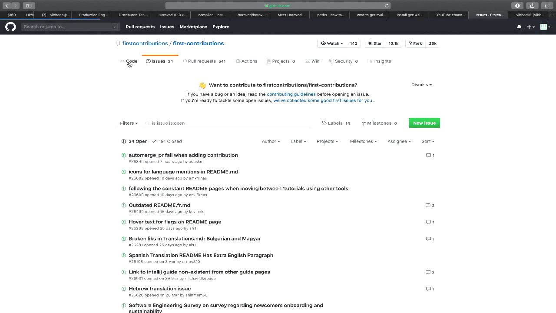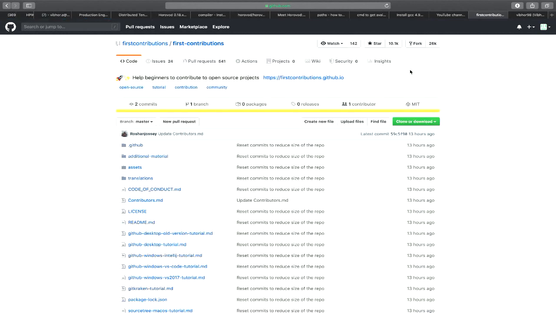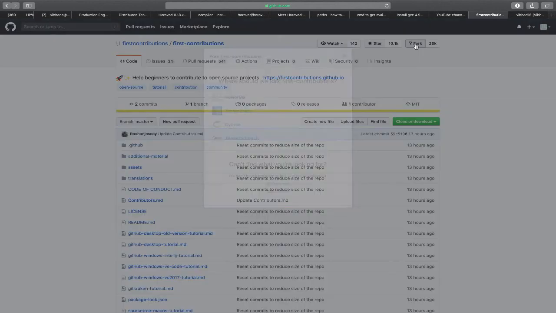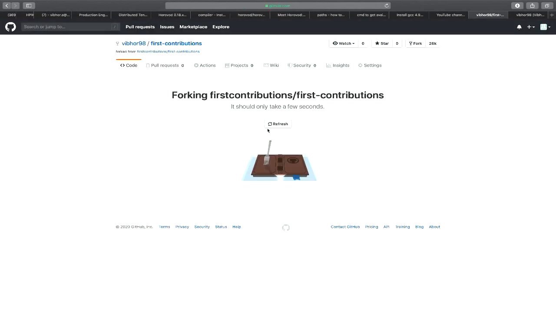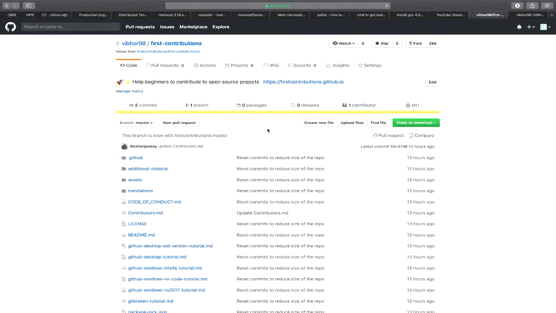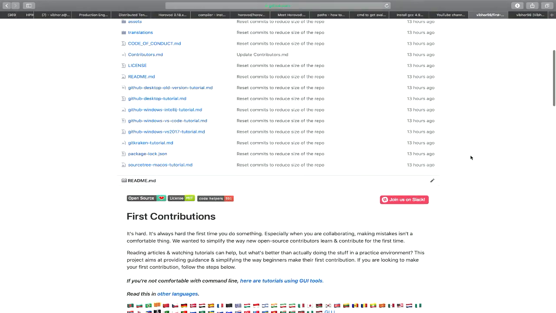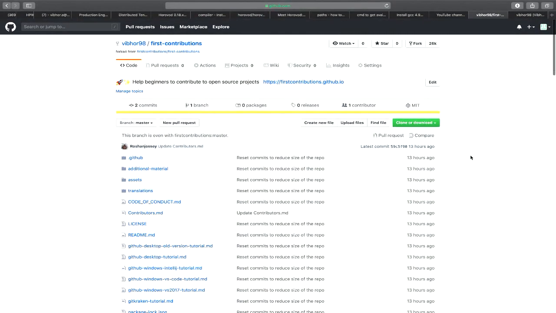So let's start. First step should be to fork this repository. Here fork means making a copy of this repository so that you can make changes to it. So I copy this to my account. So this is forking right now, means making a copy. So this is the copy of that repository.